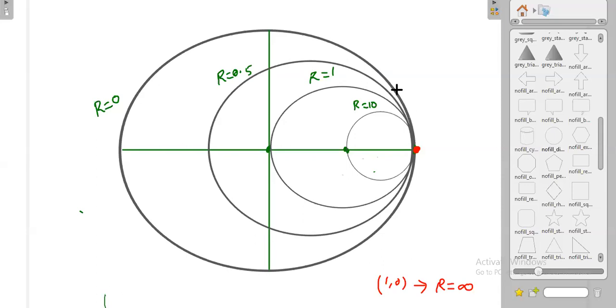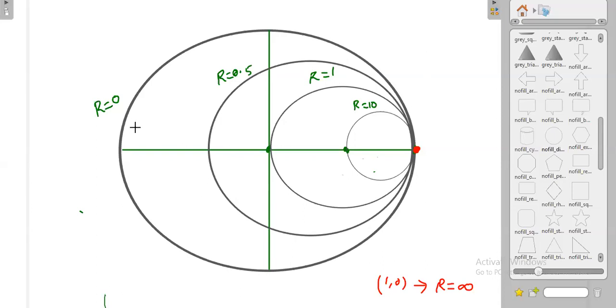Then if you are on the R equal to 0.5 circle, you go anywhere on the circle, your reactance may vary. Your reactance may be anything, that will be decided by another factor. But once on the constant resistance circle, if you go anywhere on the circumference, your resistance value will not vary. That's why these circles are called constant resistance circles. When you move along the circumference of the circle, your resistance will not change.